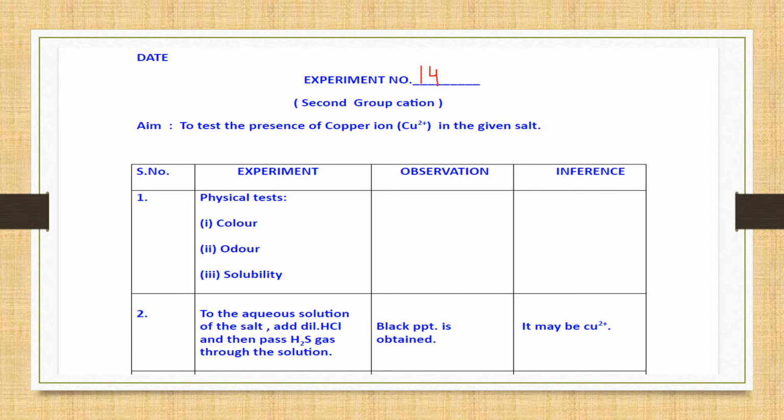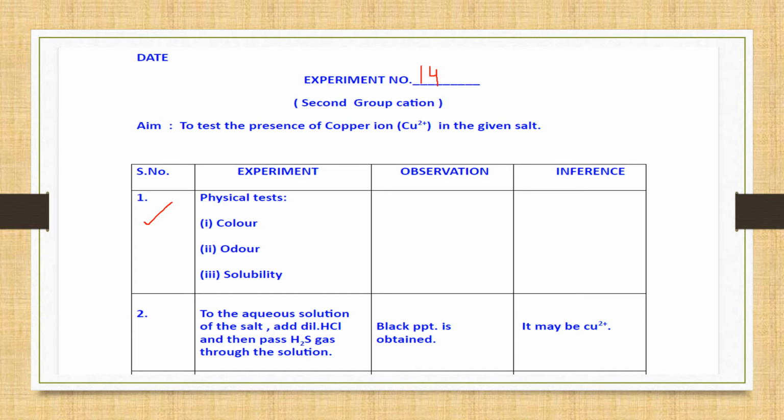Right now, I'm just discussing this under salt analysis, that the color, particular smell, solubility, these are the physical tests that you have to do for every salt when you start it. Because if you know the characteristics of color, smell, and solubility, then you have some idea in which direction you have to work. So here, the first chemical test would be, you will be taking the aqueous solution